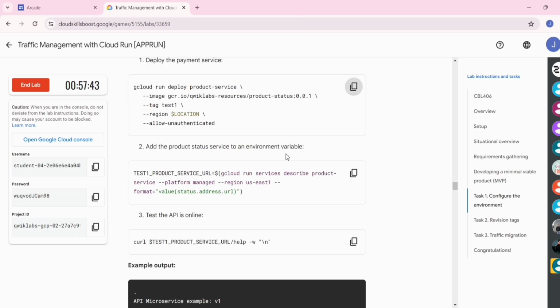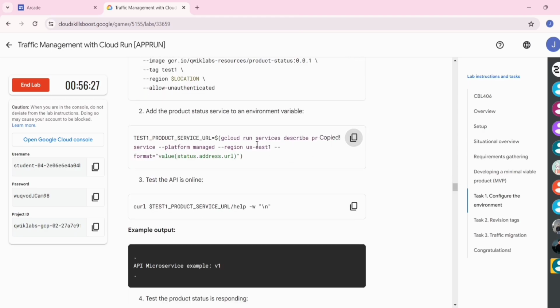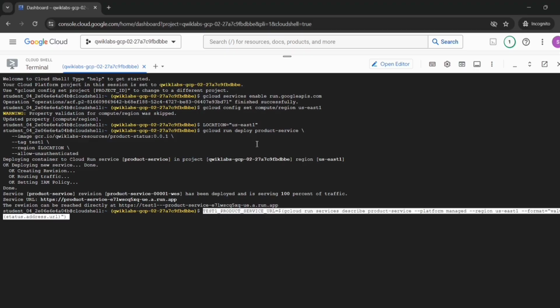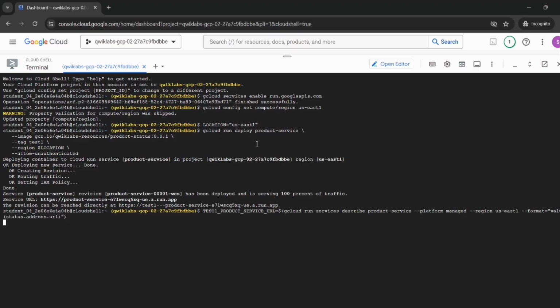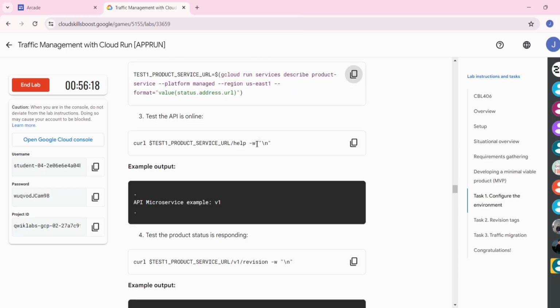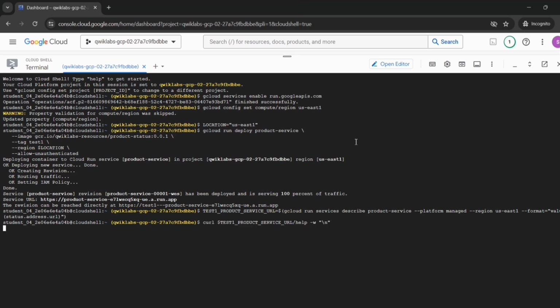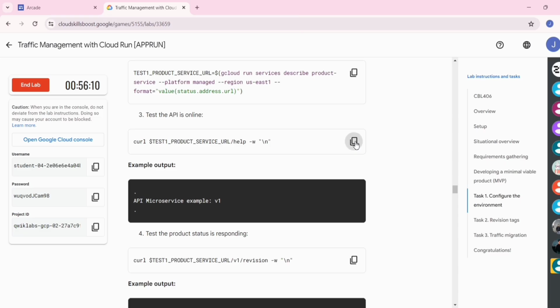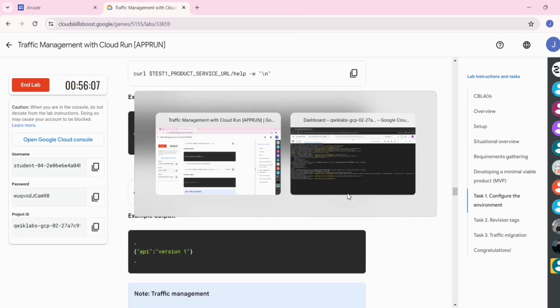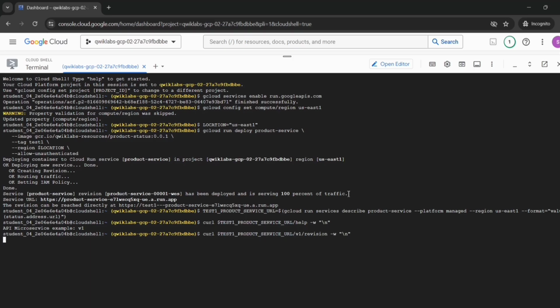Now go back to the lab instructions, copy the second command, paste it here and press enter. Now go back to the lab instructions, copy the third command, paste it here and press enter. Now go back to the lab instructions, copy the fourth command, paste it here and press enter.